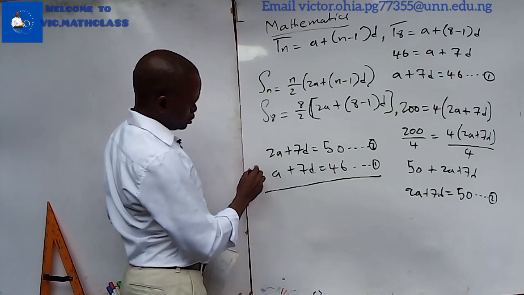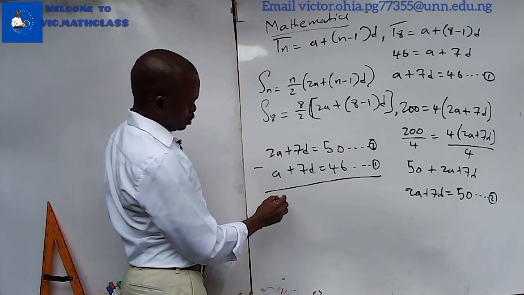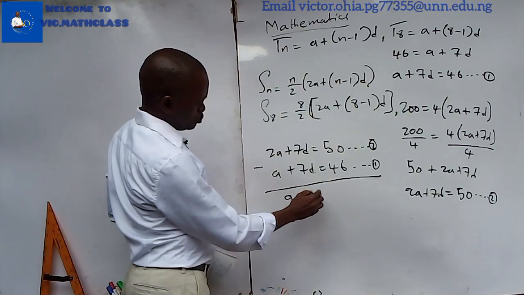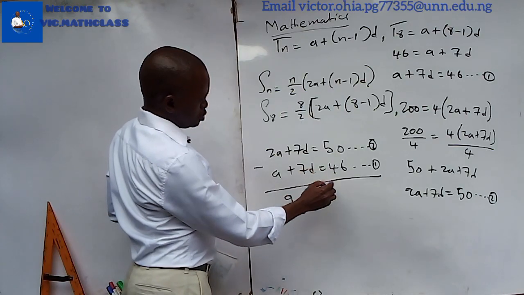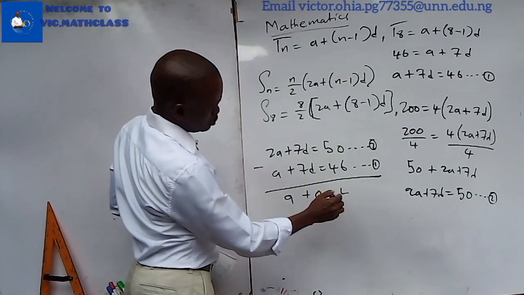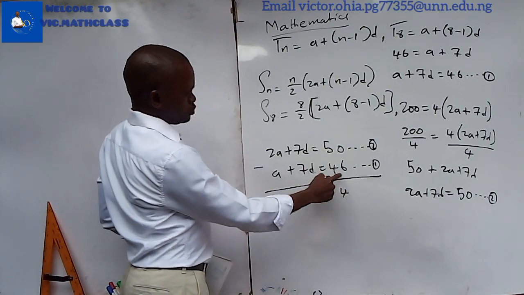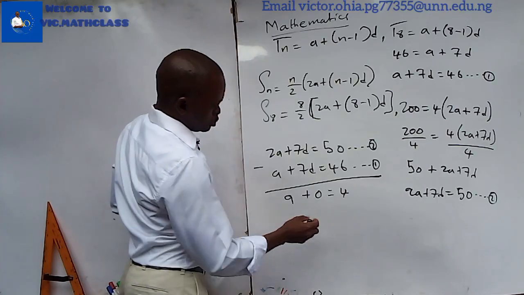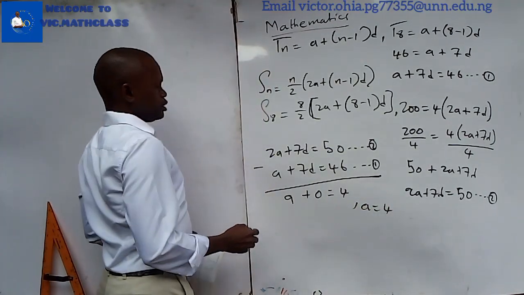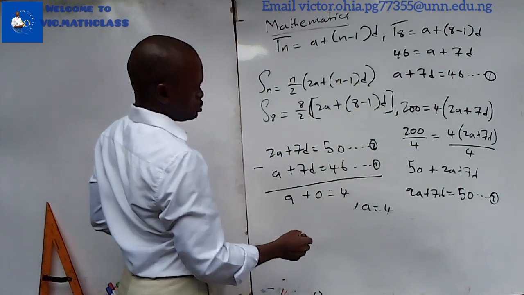So if I subtract here, 2a minus a will give me a. 7d minus 7d will give me 0. And here, 50 minus 46 will give me 4. Is it 4? Yes, from here to here is 4. Of course, 46 plus 4 will give me 50. Okay, do you realize that here a is 4? I can now go back into any of these equations and find what